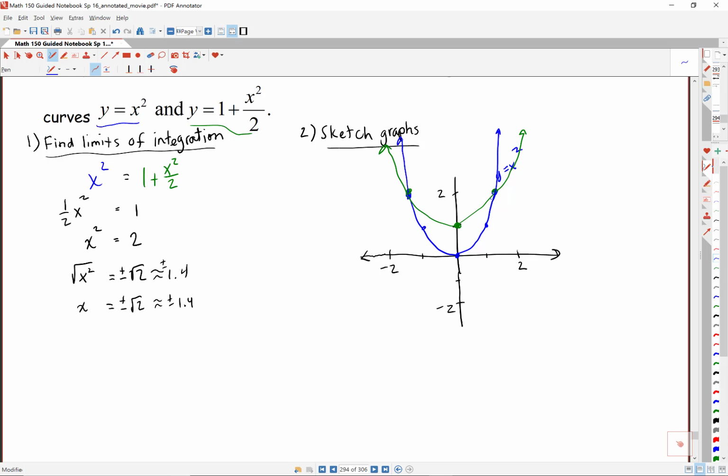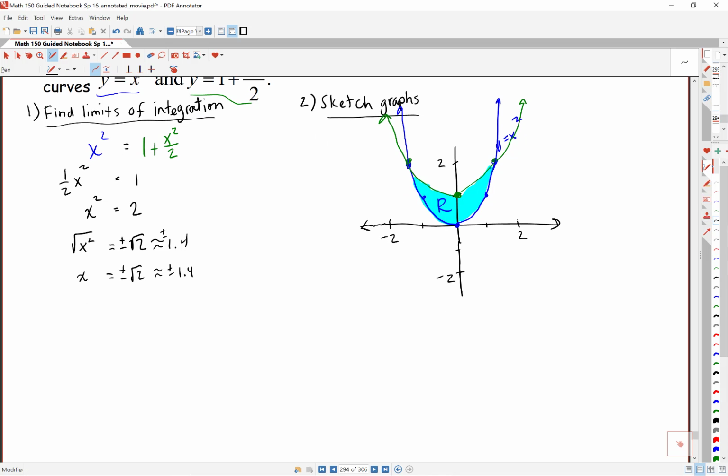Okay, so our region of interest, this one's nice because we don't have to split the integral at all. And so we just have this single region that we're interested in, and it's right here. So which graph is on top? Good, the green graph, y is 1 plus x squared over 2, and the blue graph, y is x squared, is on the bottom. So now, when we find the area, we'll have